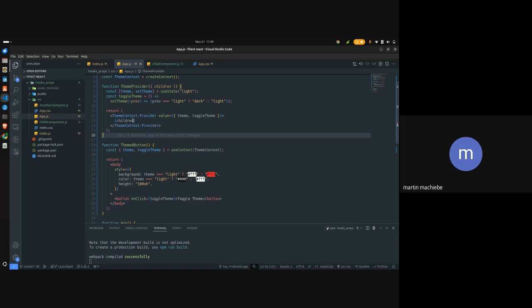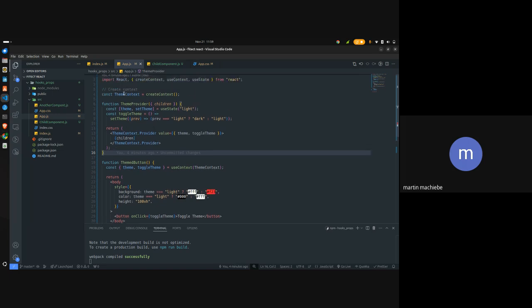So then we are returning team context. This team context here, we are returning it to the provider. This provider is more like a property that comes with team context. It has to be there. Then the value is what we want to make available to other components to use. Remember, we are exporting this instead of us passing it as props. That's why I'm using this context. We're just going to reduce passing these props. Now instead of us coming here and doing